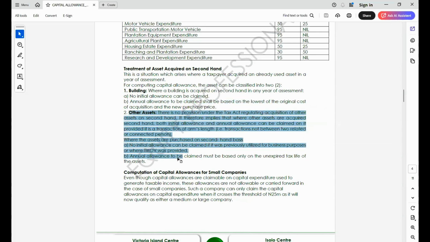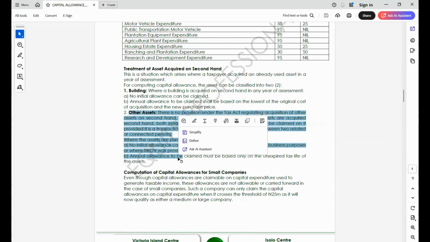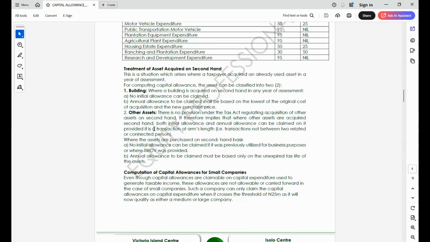And for other assets, where you are told that those assets are acquired on a second-hand basis, the asset will be available for both initial allowance and annual allowance, and investment and other categories of allowance. Other assets acquired on a second-hand basis will be available for all forms of capital allowance, except where you are told that